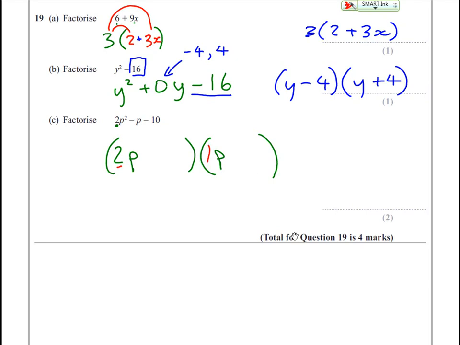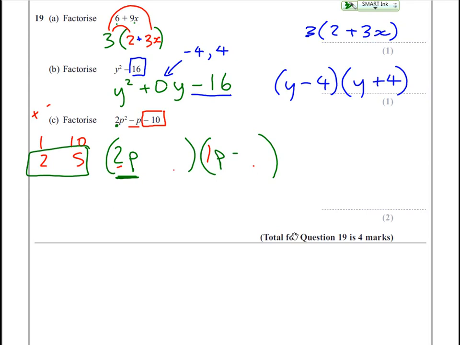Now we need to guess what goes here and here. So we have to have two numbers that make minus 10. If we think of our two numbers, they could be 1 and 10, obviously one plus, one minus. Plus and minus could be either way. We could have 2 and 5. That's it. Now we need to get to minus p eventually in our answer. Remember, one of them is being times by 2. So if we put